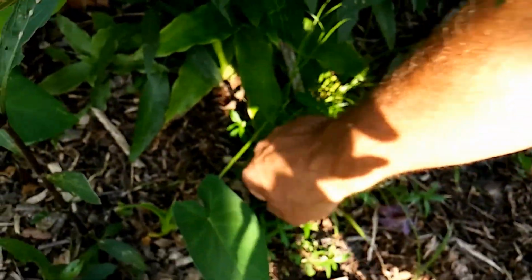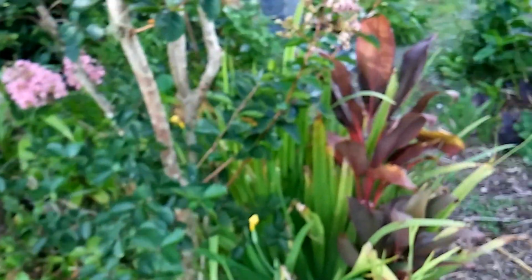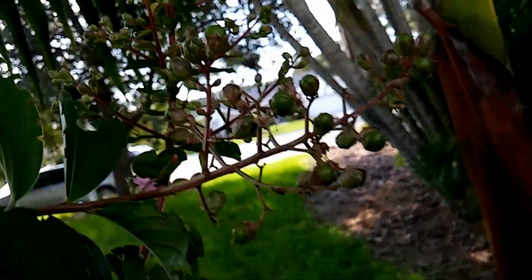And I mean, these Mexican petunias are doing really well. Weeds are doing well as well. And we got some crepe myrtle. Get some of this crepe myrtle here. Trees starting to get big. That palm tree, I love that color over there, if you can see that color. These palm trees are pretty cool. I like them. Yeah, I've been learning how to do things with the